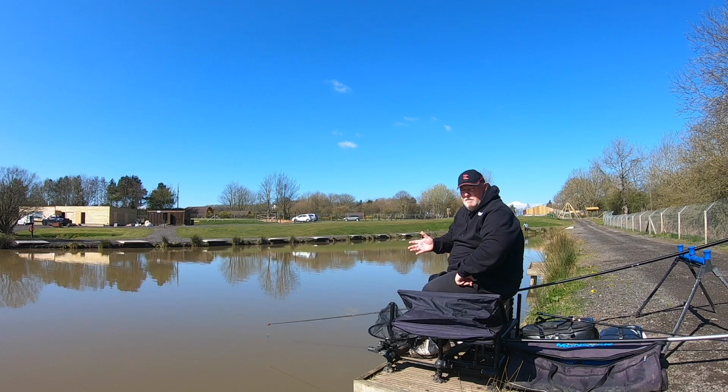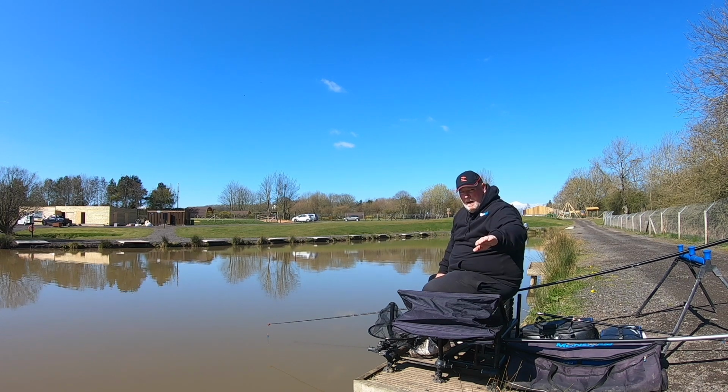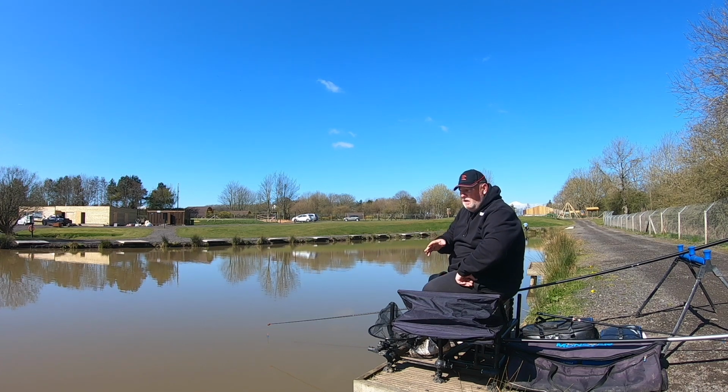I've already seen some fish moving, so I'm going to try and find 3 foot of water, which I've already had a quick plumb up. So you've got 4 foot full depth, you've got 2 distinct ledges about 3 foot and 2 foot, and then it comes right up shallow to the bank. So I'm going to target that 3 foot area to start and see whether we can catch these fish in that 3 foot rather than going out long into the deep water or coming into the edges where the fish